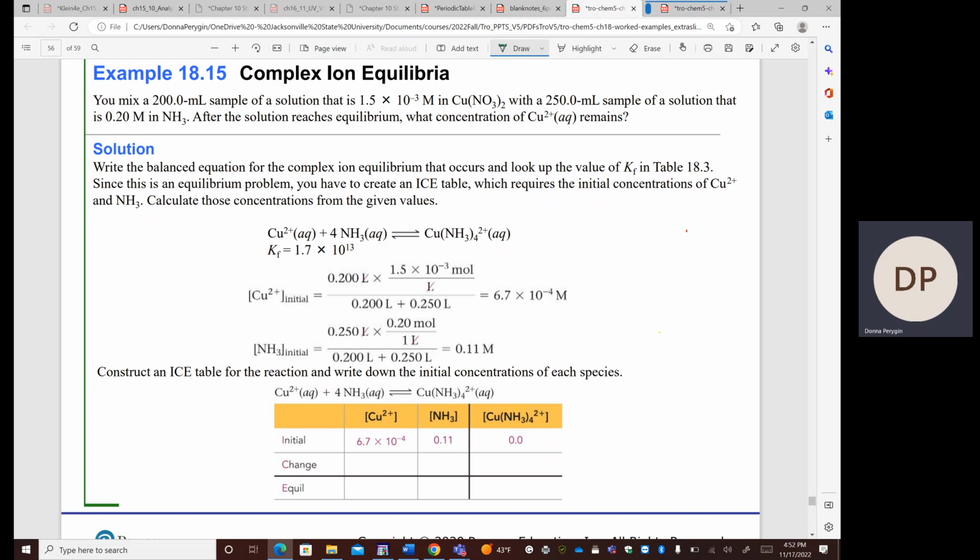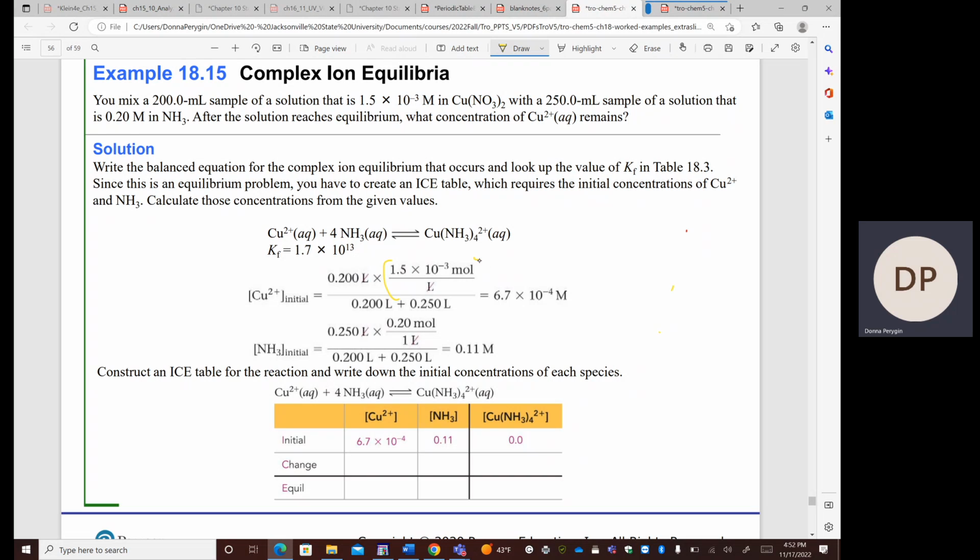So you can look up that this complex forms right here. The copper plus the ammonia forms the complex, and the K sub F for that formation is 1.7 times 10 to the 13th. So we need to calculate the new concentration of copper in solution, and we can do that